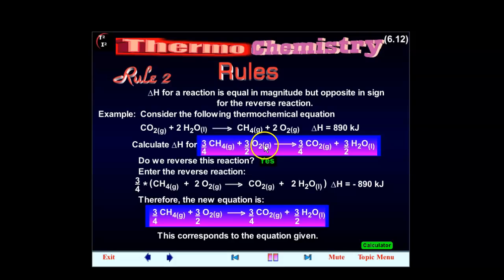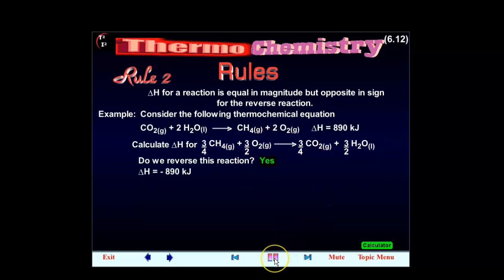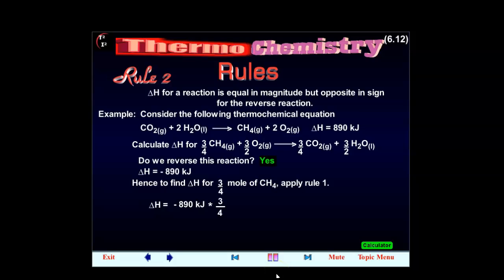This corresponds to the equation given. Delta H equals negative 890 kilojoule. Hence, to find delta H for 3/4 mole of methane, apply Rule 1. Delta H equals negative 890 kilojoule times 3/4 equals